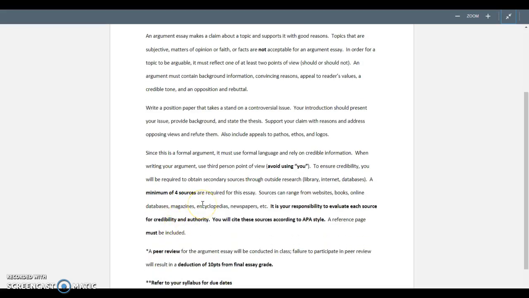Something else that you want to keep in mind is that you need a minimum of 4 sources. So this essay does require that you do research. The sources can be anything from websites, books, online databases, magazines, and things like that. You do want to keep in mind, though, that I do not want all websites, okay? It's okay to use a website like the New York Times. That does not count as a website. That would count as an online newspaper. So you can only use one website that's like a .com, .net,